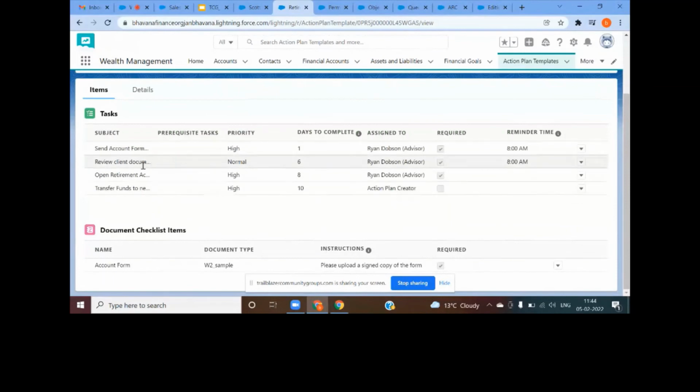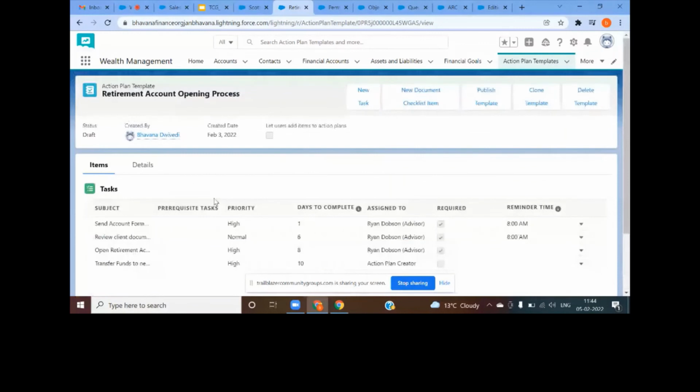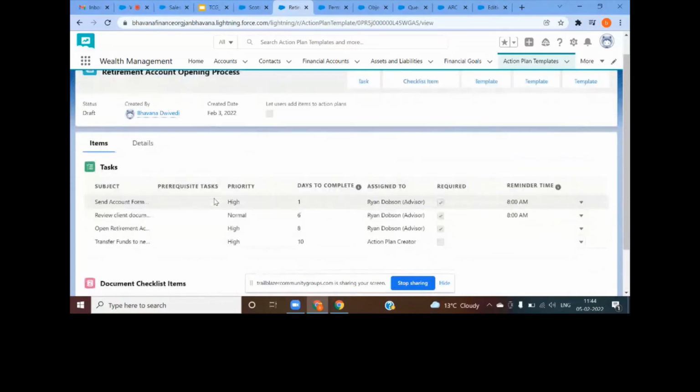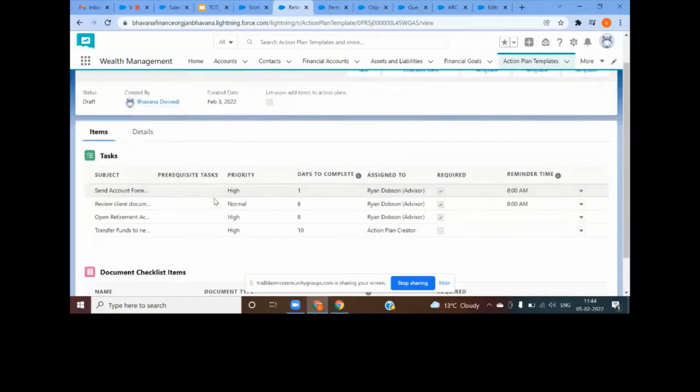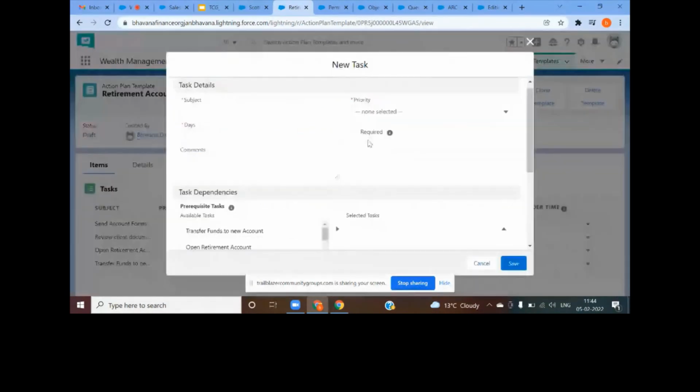We can create tasks. Along with a task, if we want to assign some sort of document checklist, we can link those document checklist items here. Earlier there was a gap inside action plan. So in the Summer '21 release, they filled that gap. So right now we can create an action plan, if you see, I'm just adding an action,